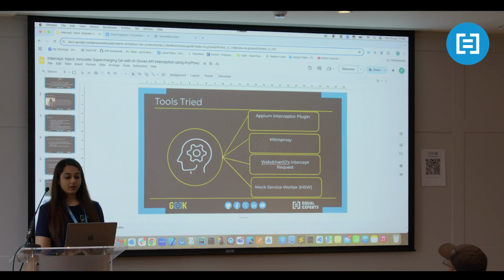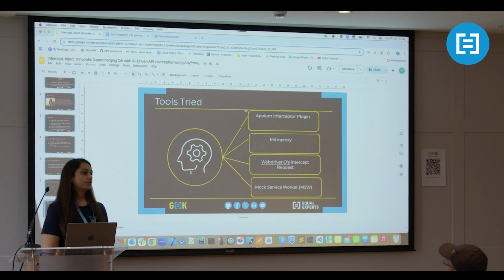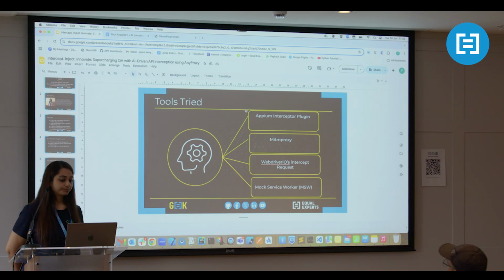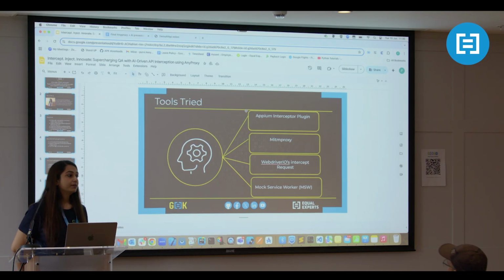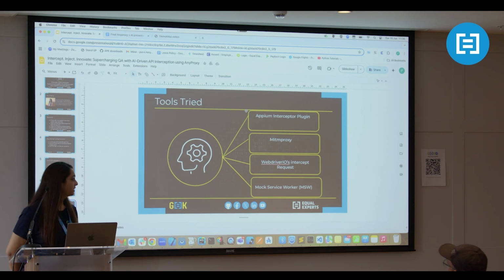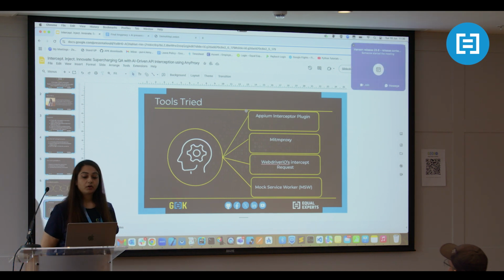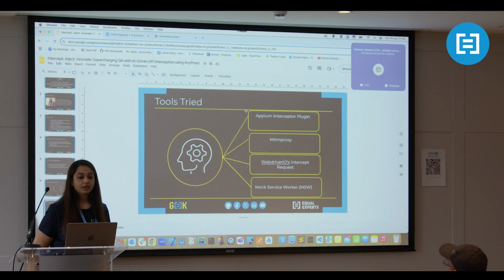So it was not actually meant for native mobile app integration. The third one was WebDriver IO's intercept request, which could not be used for native mobile apps. And the last one, Mock Service Worker, required a very minute and detailed setup of routing networks, which was expensive in time and complex as well.